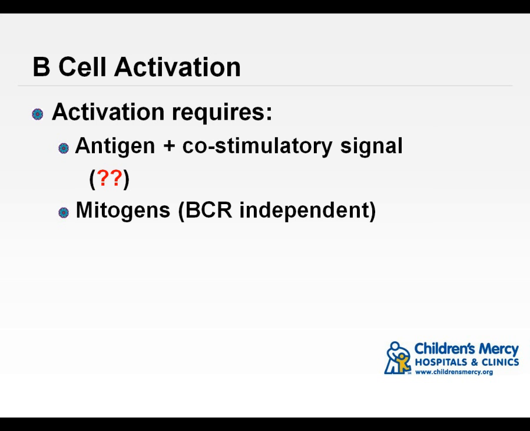you need two signals. One, the antigen binding to the receptor, and you also need something called a co-stimulatory signal. So a co-stimulator is a molecule on the outside of the cell that binds to something different from what the receptor binds to. The receptor binds to the antigen, so the co-receptor also binds to the antigen. A co-stimulator binds to a whole other molecule